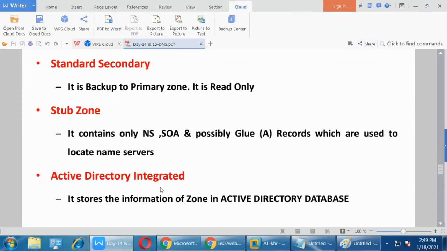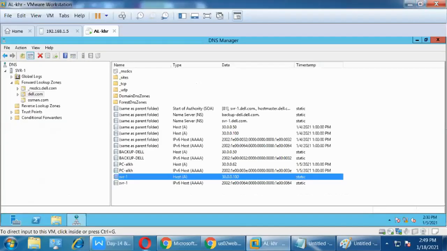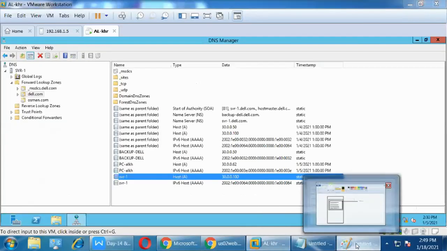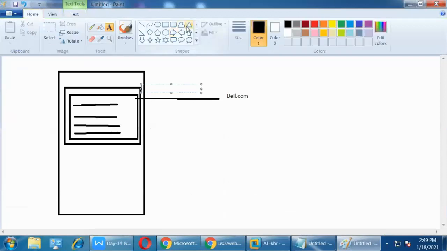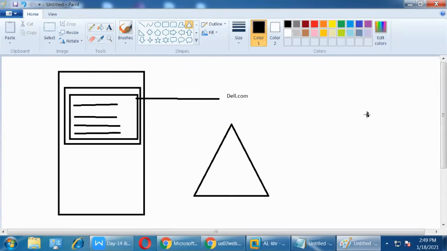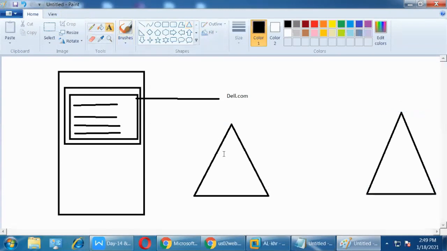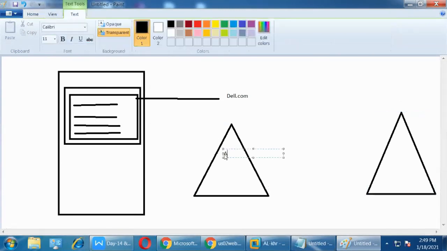Now, the Active Directory integrated zone. You can see here I have 2 servers, and here I install ADS, Active Directory, and DNS.